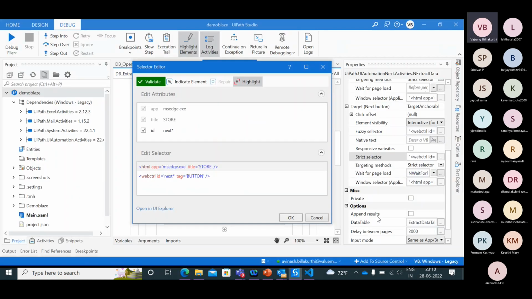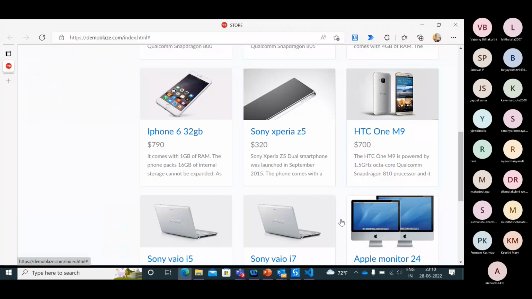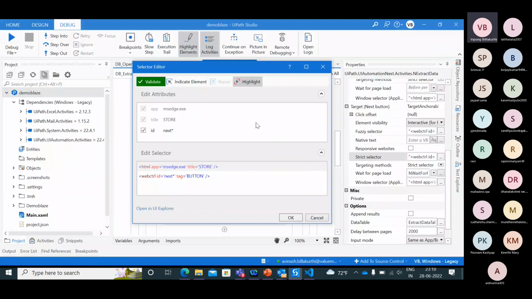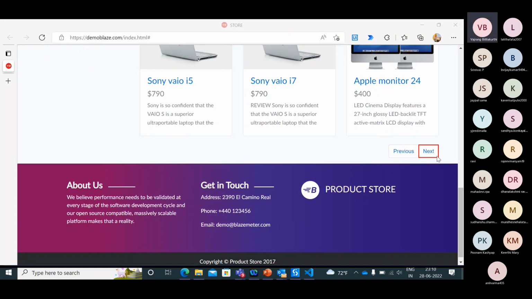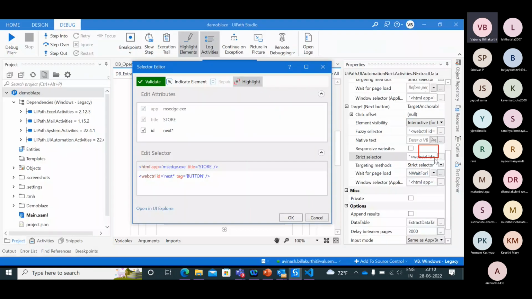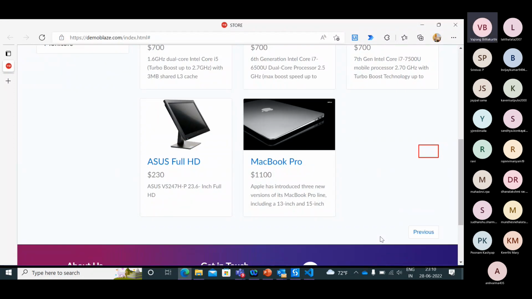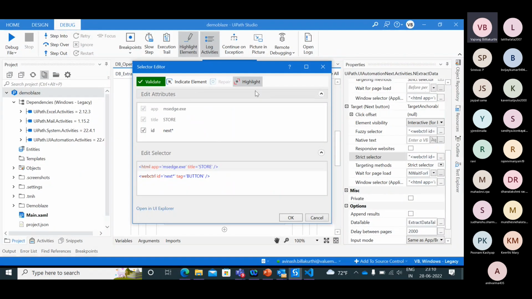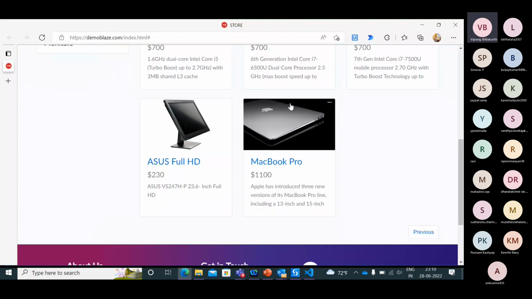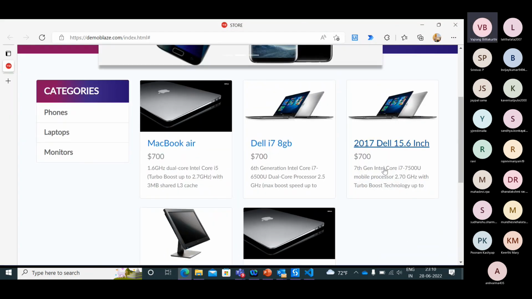This is not available. Okay, ask previous. Highlight. So this is available. And here, next, it's not available, but it is still showing that it is valid, and highlight is not there.